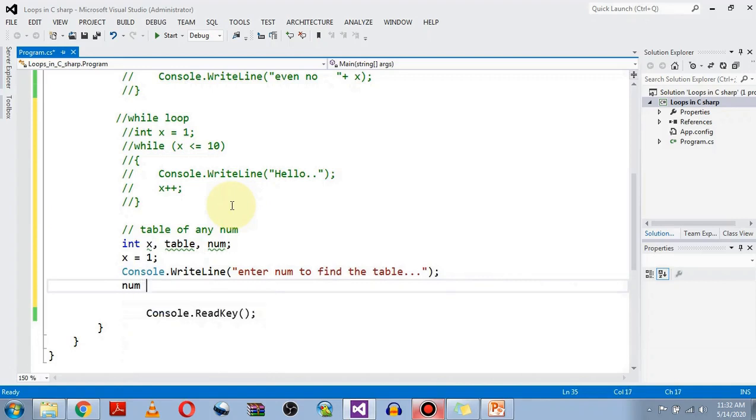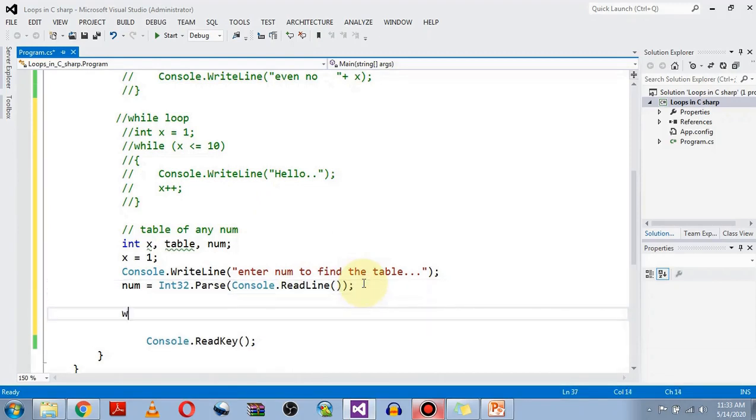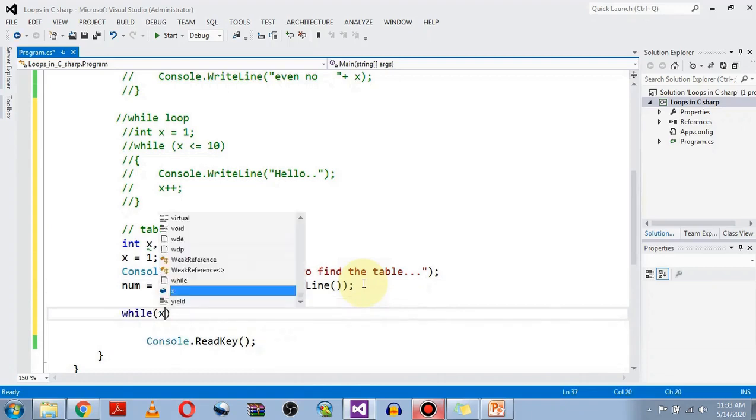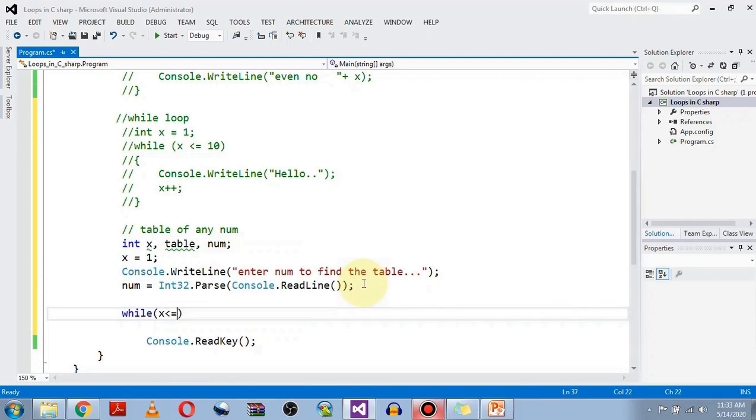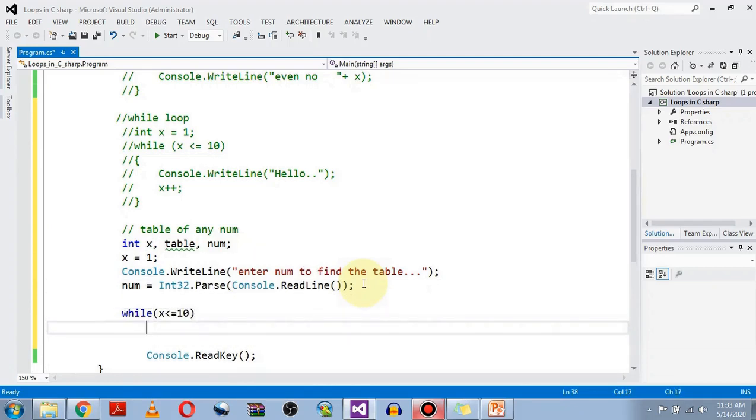Then number is equal to Console.ReadLine. Now we have initialized the number. Let's write the while code. While keyword, the condition x less than or equal to, let's say, 10, and the body.